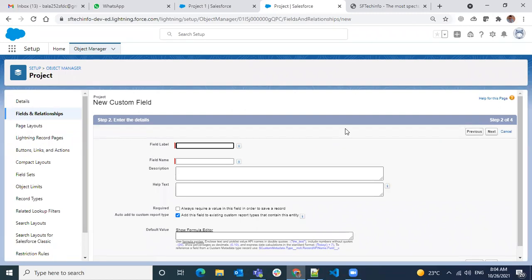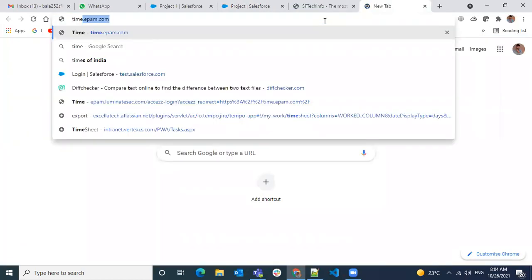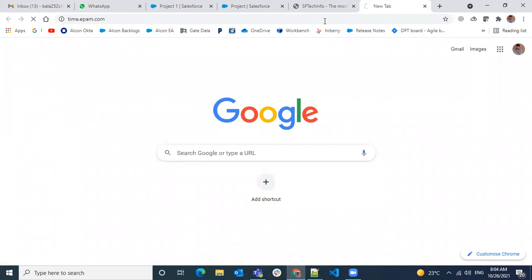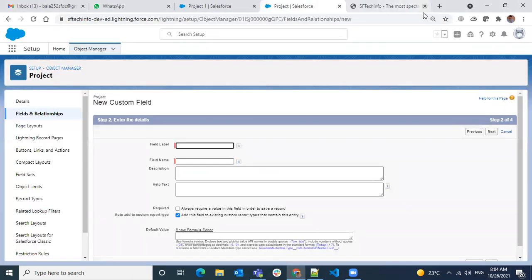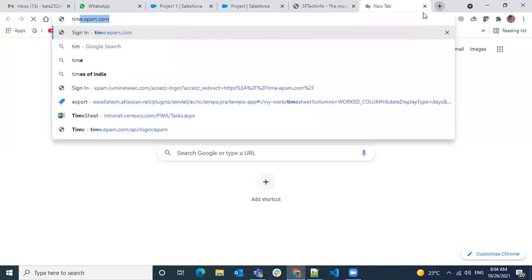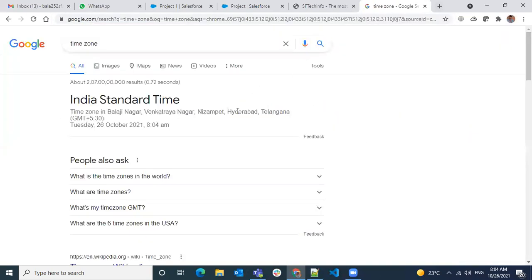We have this one, right? The zero time zone. We don't have any base time zone as GST or whatever. Plus 5:30 we see, right? So we see GMT plus 5:30.